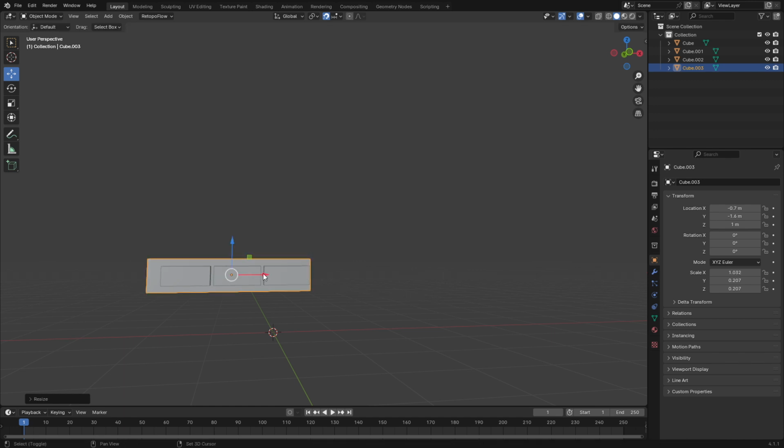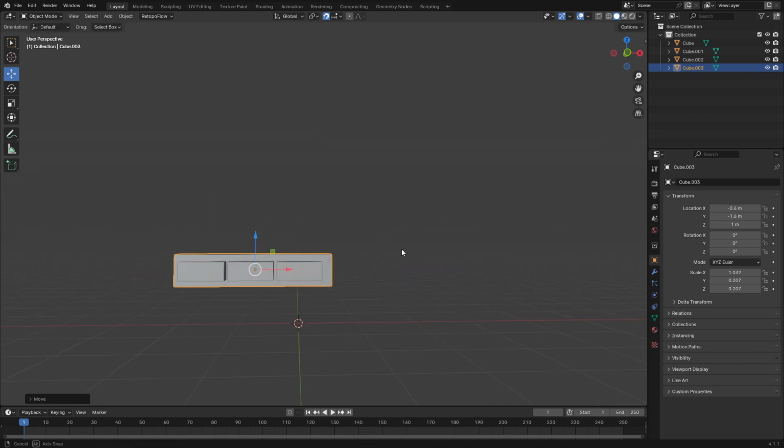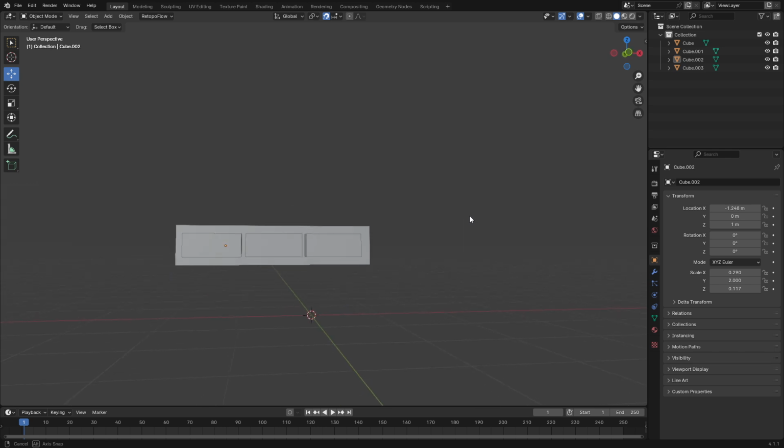That's too much. Oh, also, while I'm moving, to move it in smaller increments, after I start moving it, I'm pressing Shift so I can move it in smaller increments. Yeah. Since I didn't make these on center,